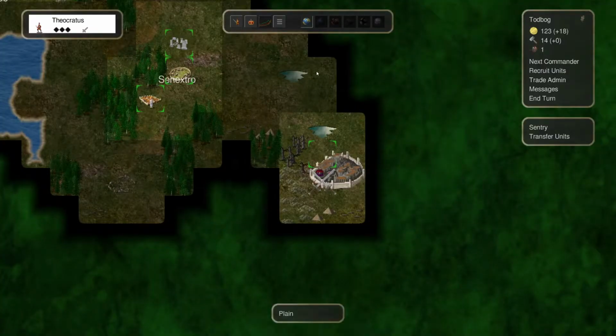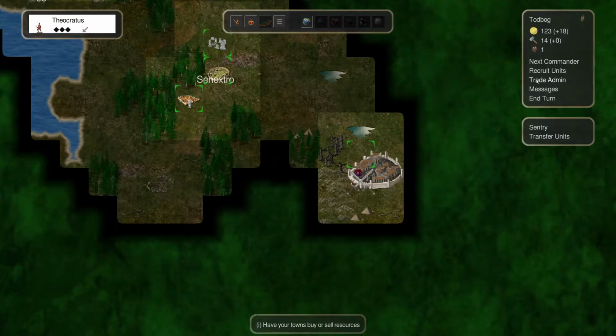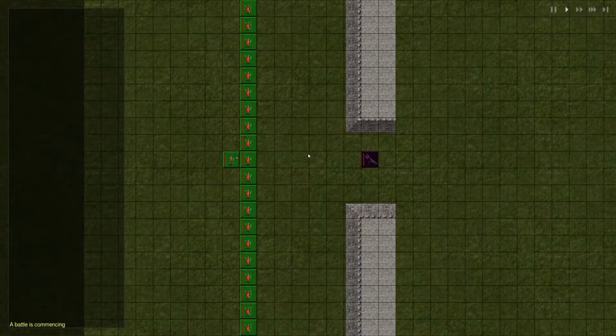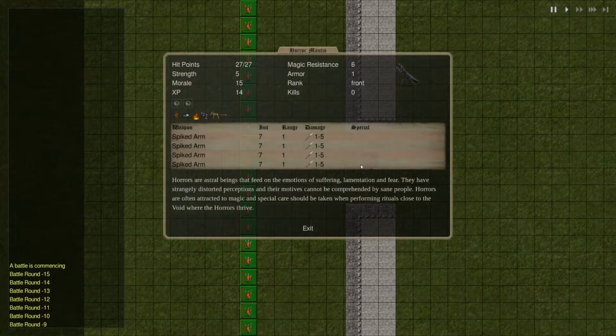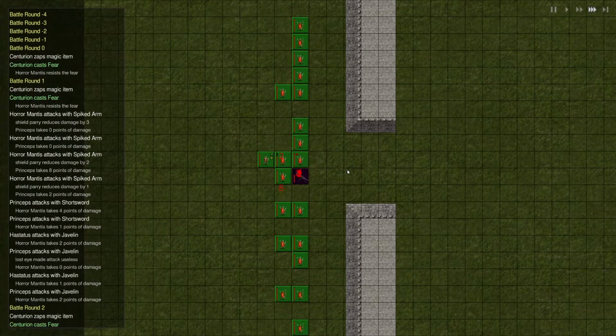Okay. So let's take a look here. Well, not much else I can do. I forgot that they have invisible troops, so let's see what we get. Okay. Horror Mantis is terrible. As you can see, 4 attacks, 1 to 5 damage, 27 hit points, 1 armor. It's going to take some beating on him to kill him. But if we can kill him, then we've got access to this area, so we're just going to...